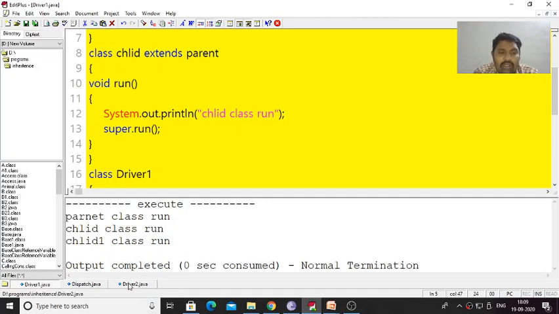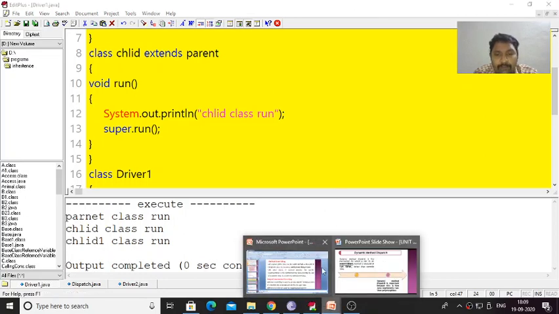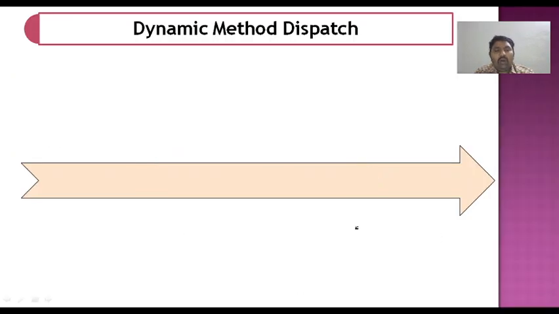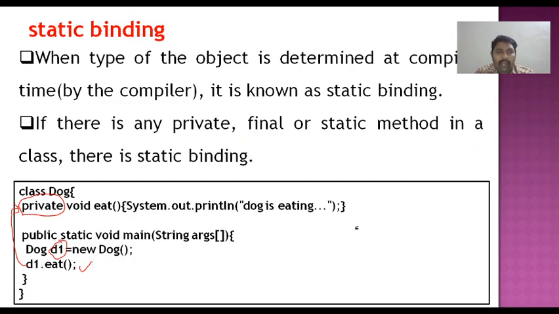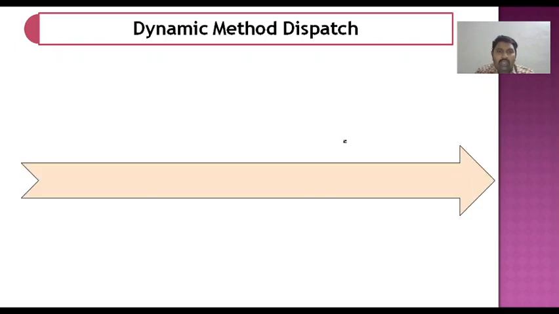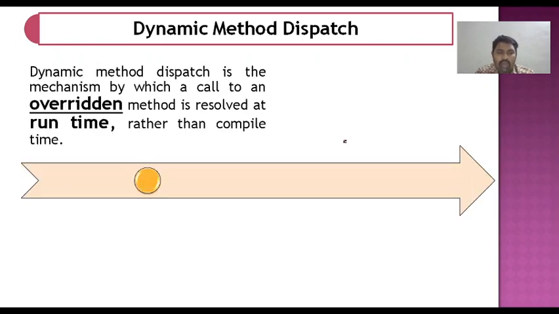After that we discussed binding. Binding is the association between a method call and the method body. Binding is classified into two types: static binding and dynamic binding. Compile time binding is called static binding. Static binding happens with private methods, final methods and static methods, whereas with all the remaining methods we can achieve dynamic binding. How we can achieve dynamic binding, we have shown in the program.